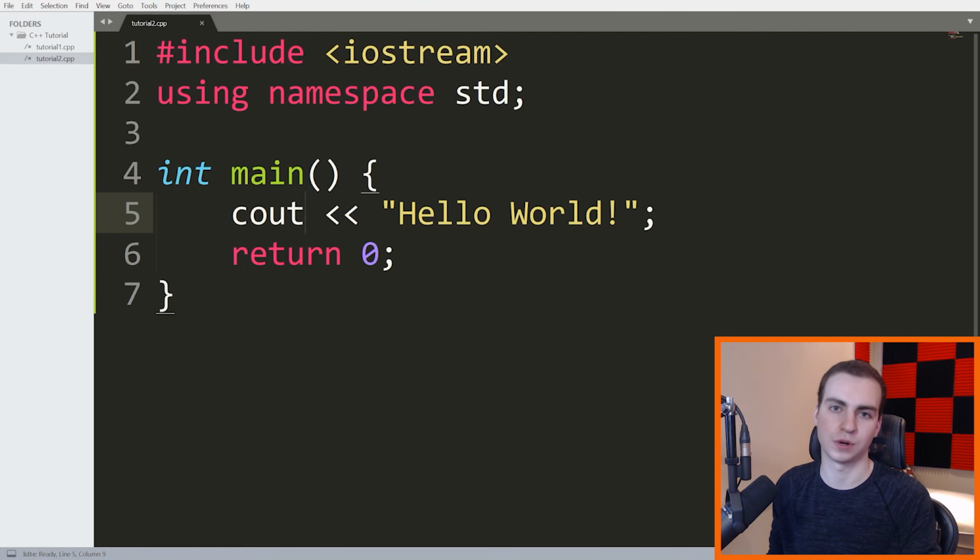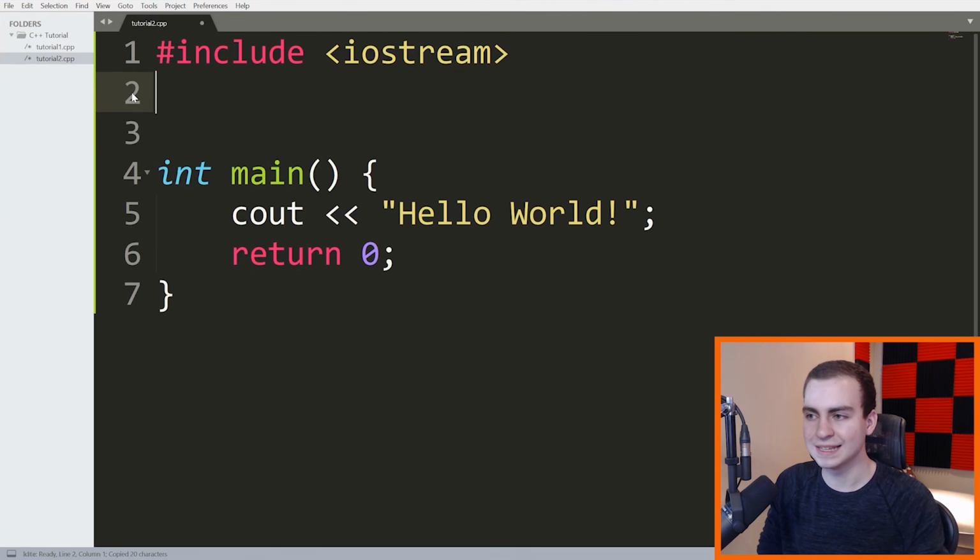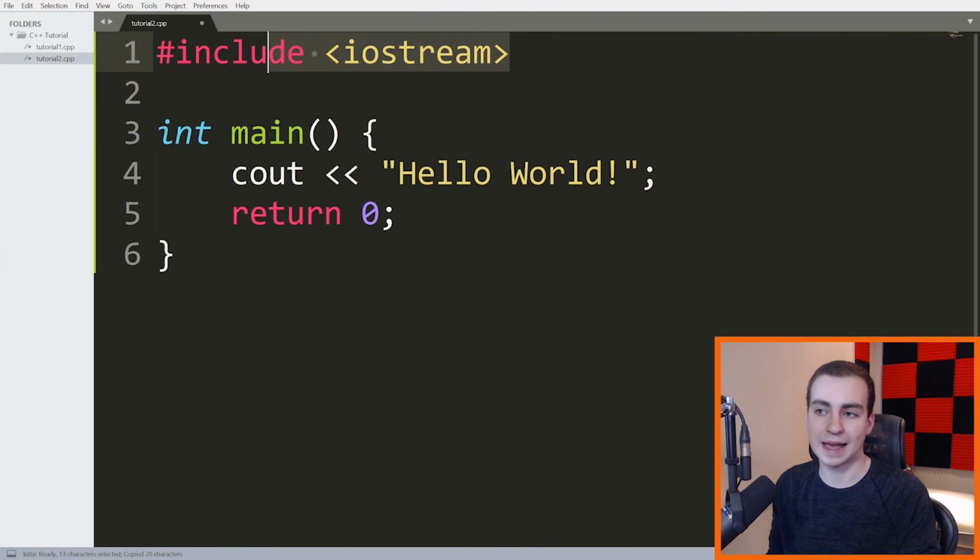So cout stands for characters out, and then there's another one called cin, which stands for characters in. That is what's defined inside of the namespace std. Now, if we don't use this namespace std, we still have access to the namespace because we've included it in our program. We've included all of the code written in the iostream library. And inside of the iostream library, there's the namespace std.